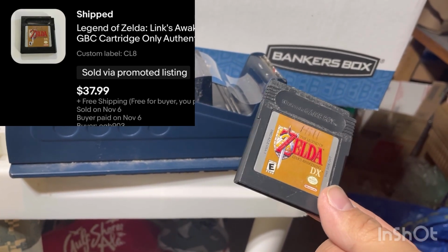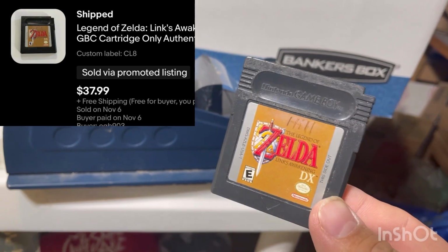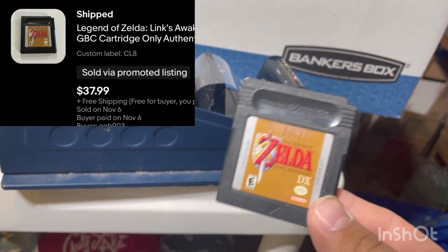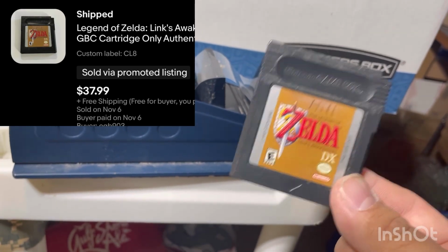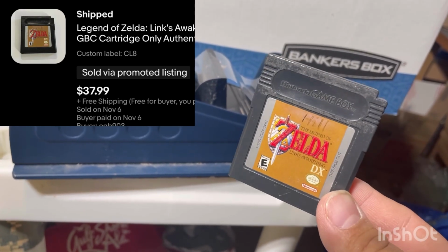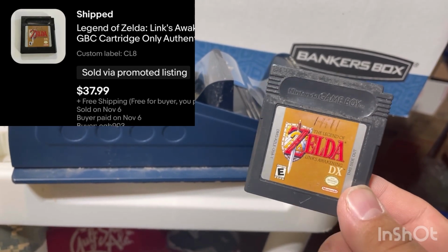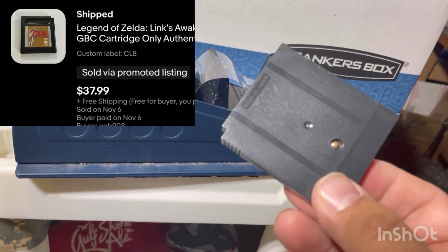If it's not going to save their game, then they're going to either want to change the battery or buy one that has a good battery. You can change these yourself fairly simply. You can buy the batteries for like $1, and if you've got a soldering gun, it's about as easy as it can possibly be. But this one did save already,